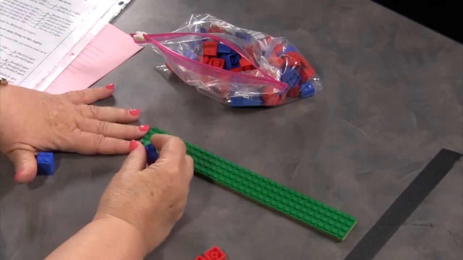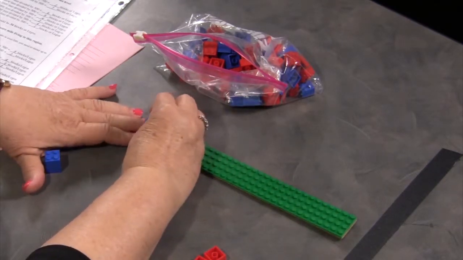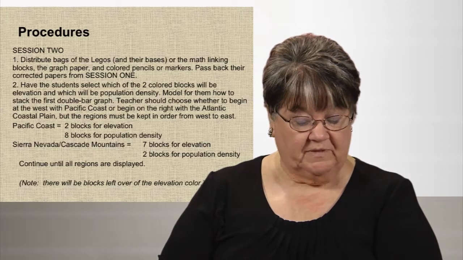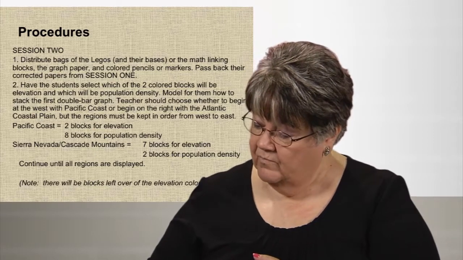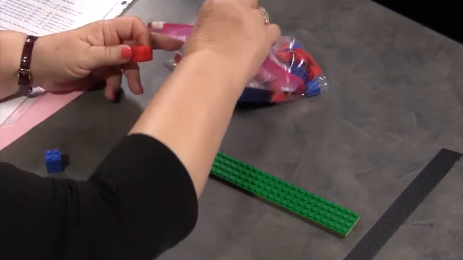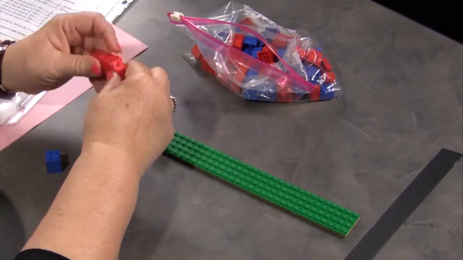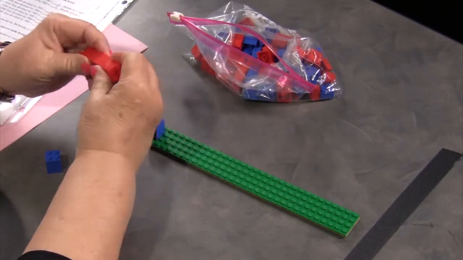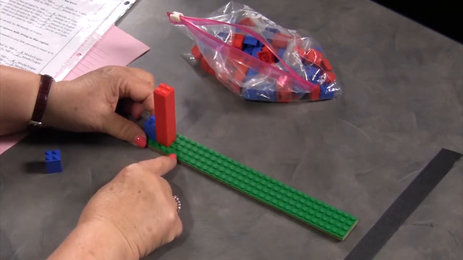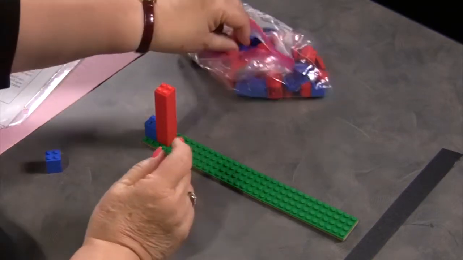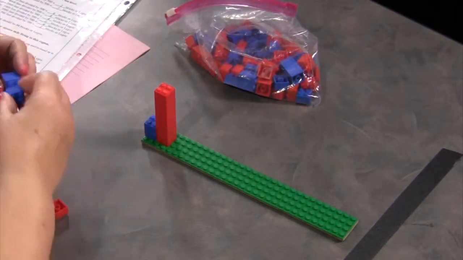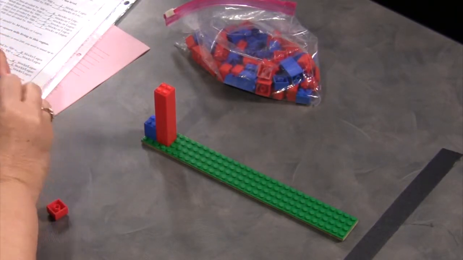We're going to start with the Pacific Ocean, and we need 2 blocks of elevation for the Pacific Ocean. Then I look down for population per square mile, and it's 8 blocks population density. So I need 8 reds. And I put them right next to each other. Now, if it's possible, skip 1 space before you do the next region. So the next region is 7 Legos that are blue for elevation. So it's 3, 6,